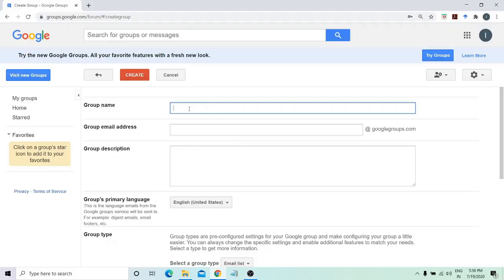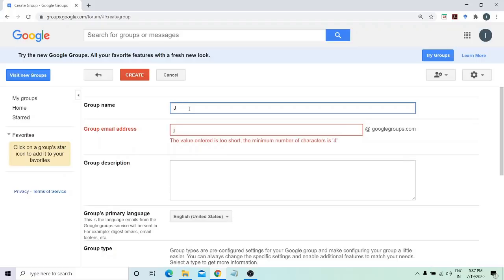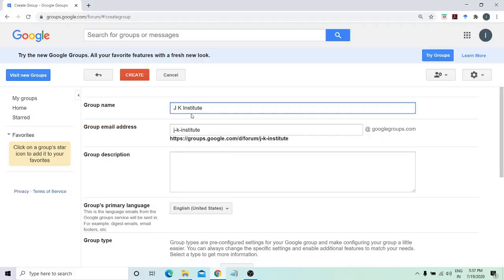So provide your group name. For example, suppose I have to create a Google group for my department, so keep a short name.